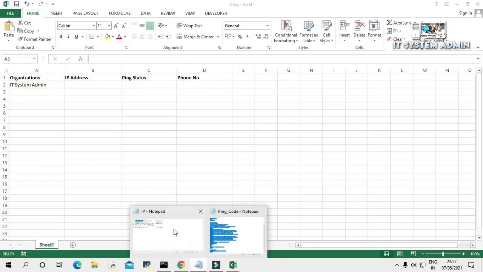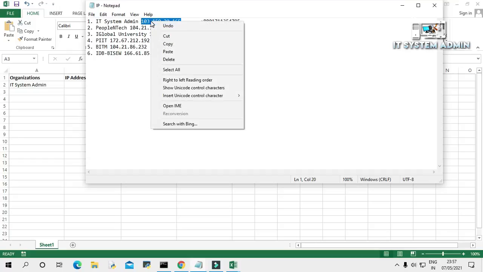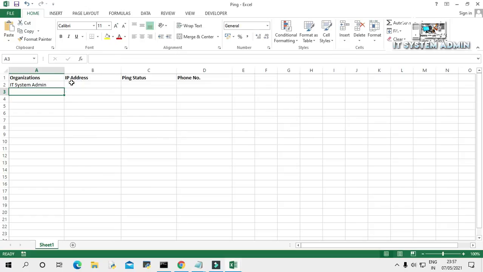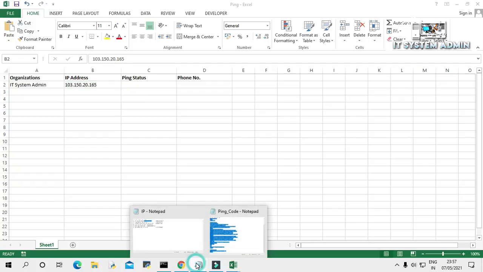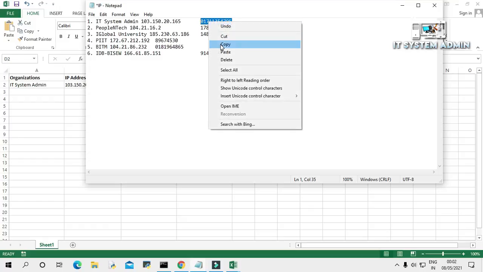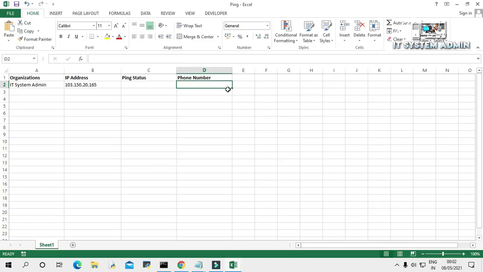Now again go to the text file and copy the IP address of IT System Admin. Now paste it in here and again select the phone number and copy it. Now paste it in